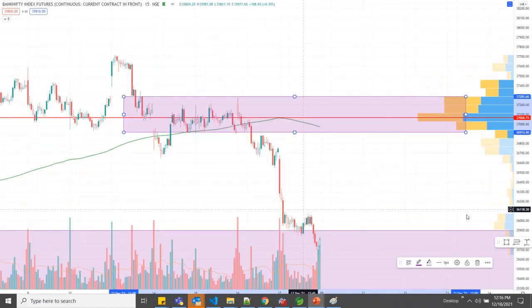Let us see the case of Bank Nifty. You can see again, once the price moves from a high volume area to a low volume area, price rapidly moves away. This is a concept that can be applied to every index and every stock, because these are the simple concepts of price and volume action.